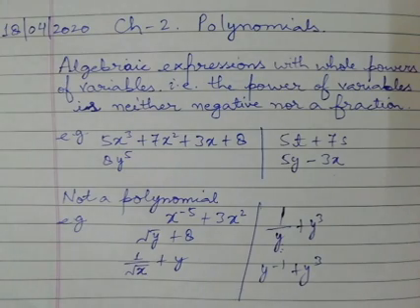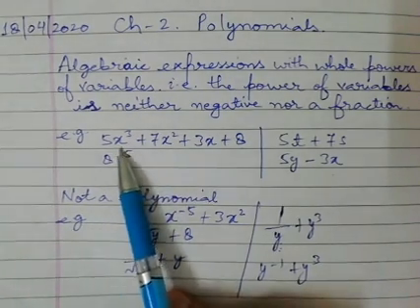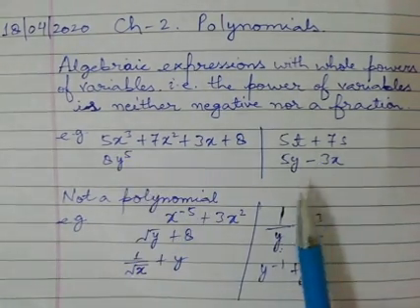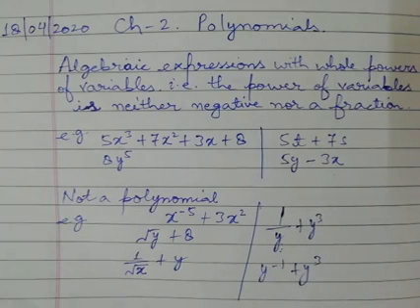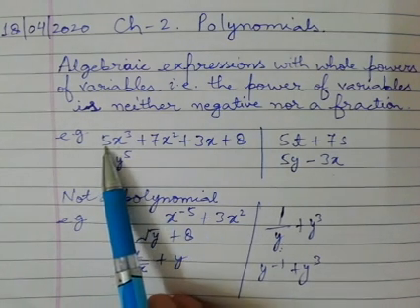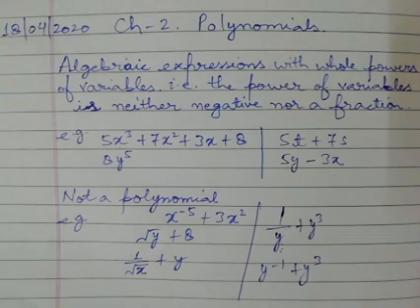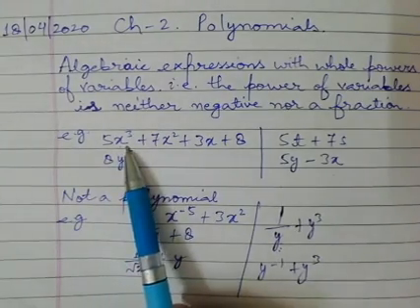To understand this chapter, first of all understand that these x, y, t, s, z, etc. are known as variables because their value is not fixed. Variable means which changes. And the numbers, these 5, 1, 2, 3, 4, 5, 6, 7, etc., they are just known as constants. So by the combination of these, what forms?